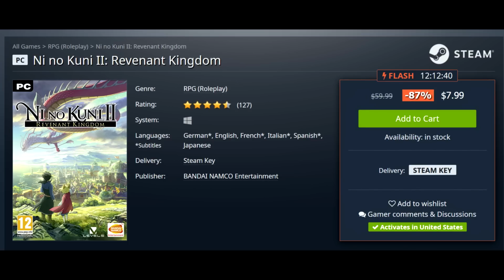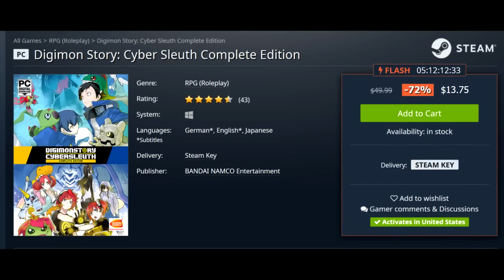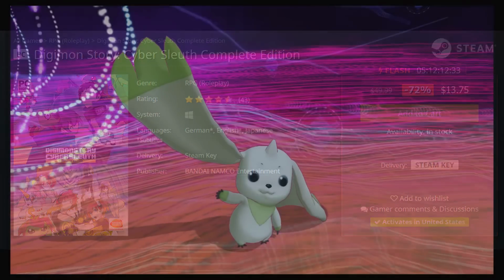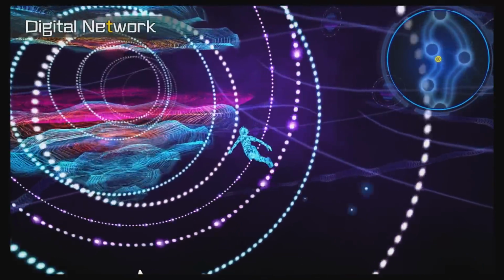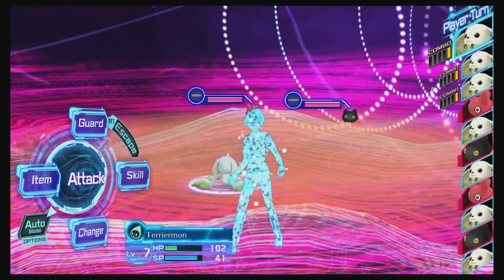Speaking of JRPGs, let's shout another one. Digimon Story Cyber Sleuth Complete Edition is 72% off for $13.75. Content-wise, this might be one of the best value deals that you can pick up because you get 2 games. You get Digimon Story Cyber Sleuth as well as Digimon Story Cyber Sleuth Hacker's Memory. They reuse a lot of content between the 2 games, but they are both quite good, and you know, they